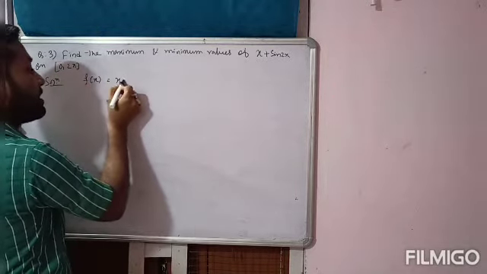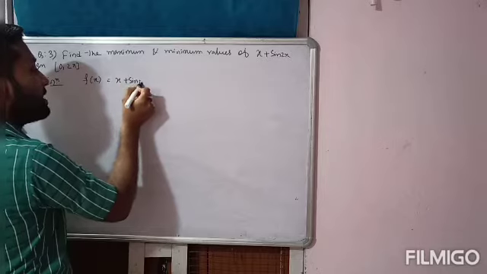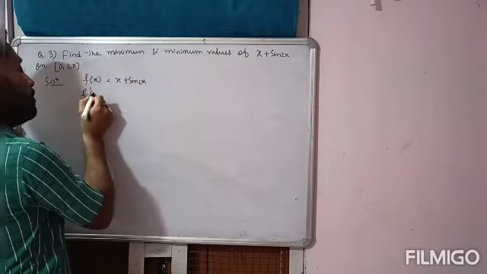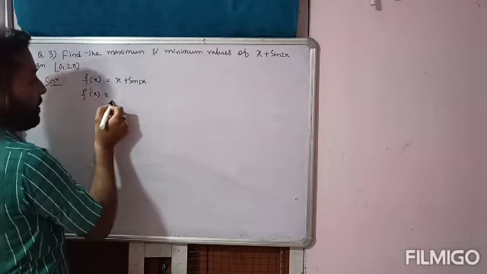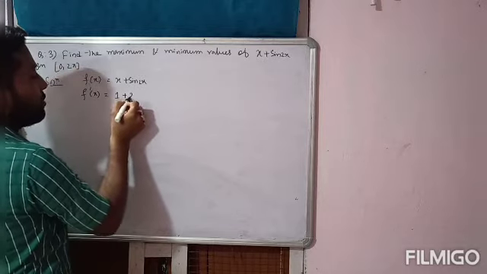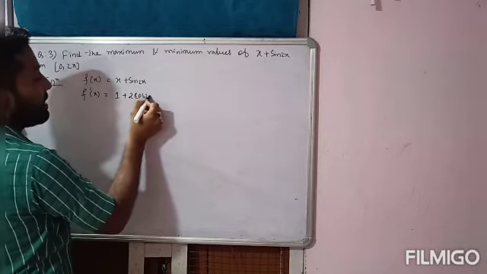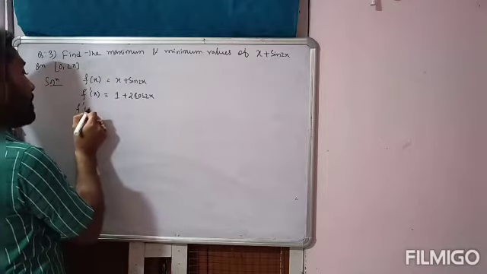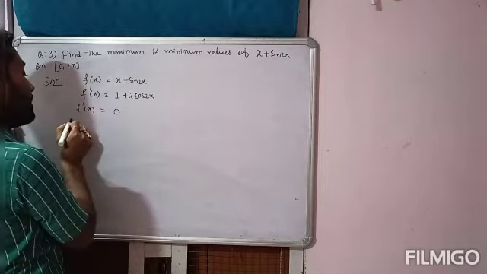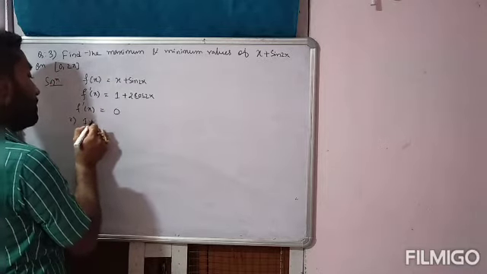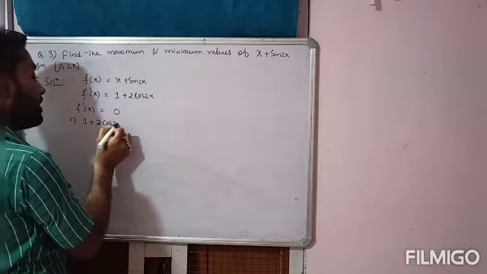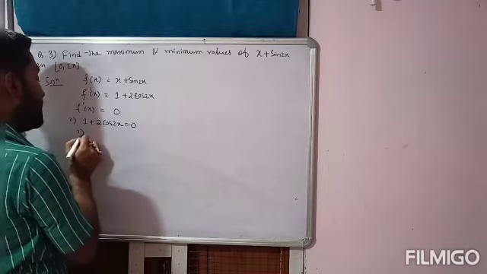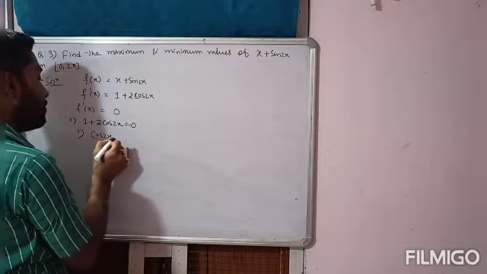So here f of x is equal to x plus sine twice x. Find out f dash of x. d/dx of f(x) is 1 plus 2 cos twice x. Then put f dash of x equal to 0. Find all the critical points. That is 1 plus 2 cos twice x is equal to 0, which means cos twice x is equal to